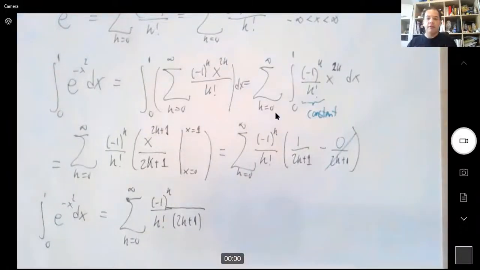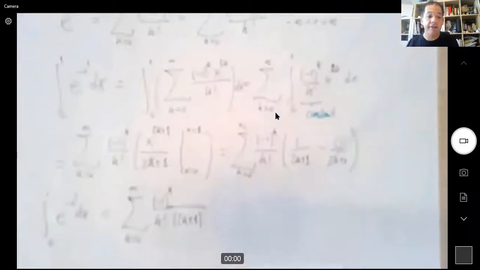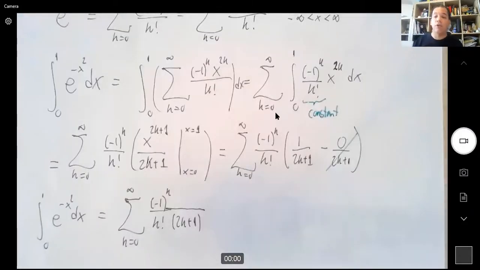All right. So that's, if you were asked to do the exact value of the integral, this would be the answer. This is the exact value of this integral over here. Now, in this particular problem, we're asked to approximate, right? And the way we approximate is by taking some of these terms.